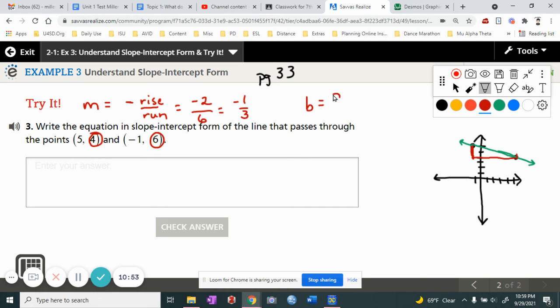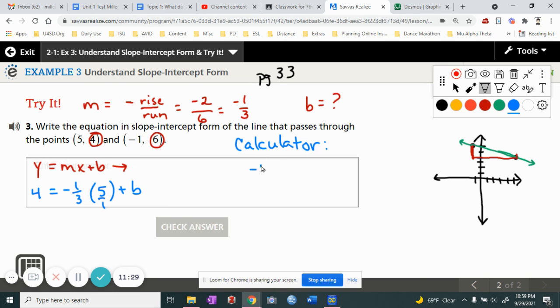And then find your b value. Remember to take that y equals mx plus b. Pick one of your ordered pairs to be your x, y. Maybe you're going to use 5, 4. 4 is my y. My slope is negative 1/3. And then 5 is my x. Solve for b. Remember your fraction rules, or on your calculator, if you do some calculator work,